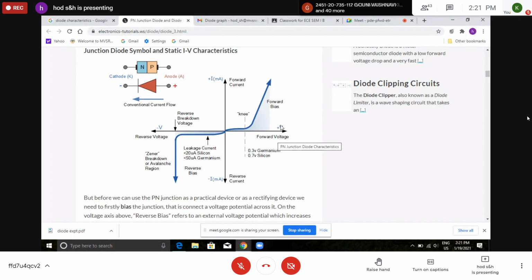For that diode, you have a forward bias table and a reverse bias VI table. Take those values and plot the graph. If you have time and patience, you can draw for the second one also. But at least for one diode, you should draw the characteristic curve. Any doubts? You should draw like this. Now I will explain the calculation part.